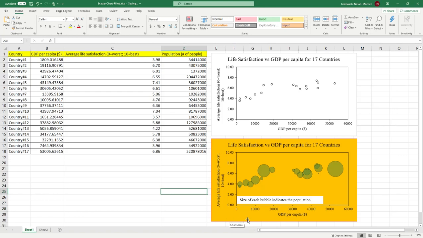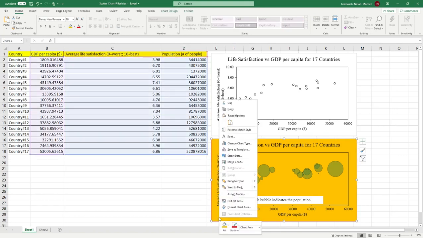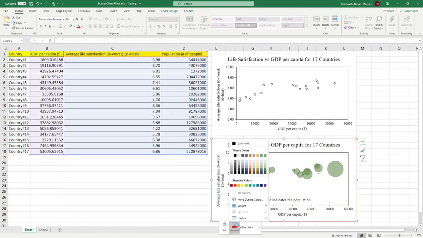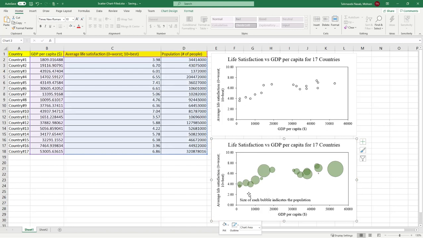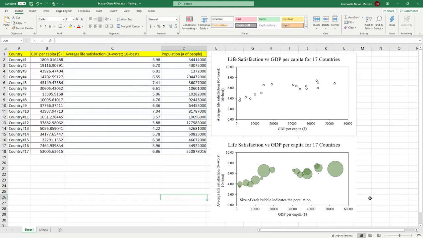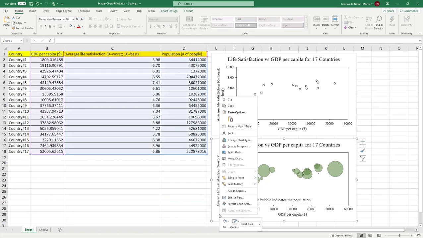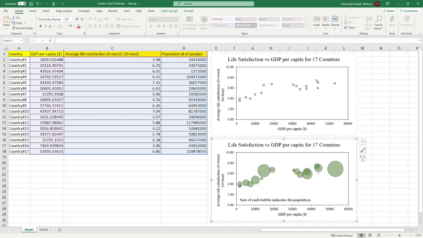However, whenever you are copying and pasting this chart into a Word document, you do not want any background or any outlines. So right click on it before you copy and paste it into a Word document. Make sure that fill is white and make sure that your outline is set to no outline. So right now there is no outline for this chart. Now it's ready to be copied. So I'm going to right click on this white area and then click on copy. And then I'm going to move to my